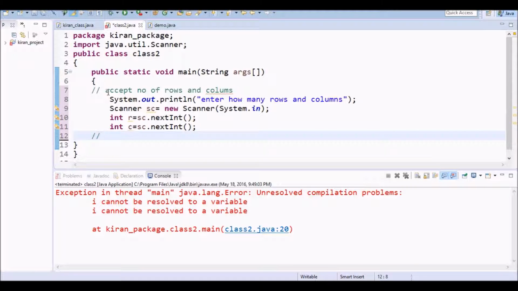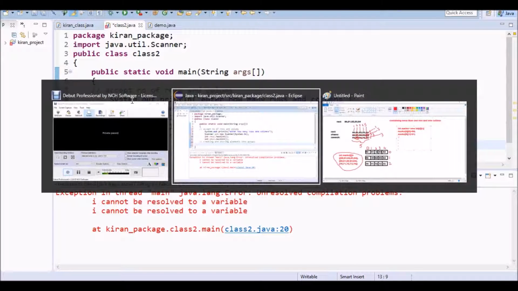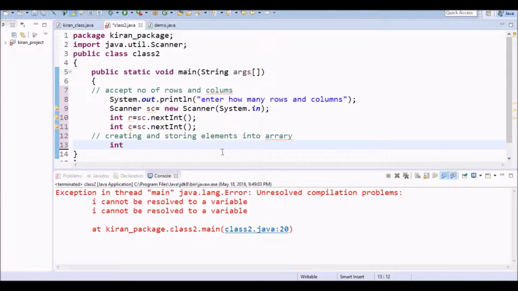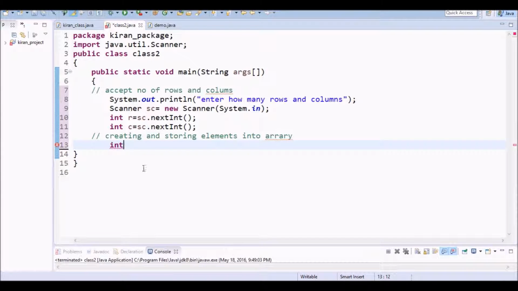Now creating and storing elements into the array. First, creating an array. This is the method we are going to use now. int marks is equal to new int.